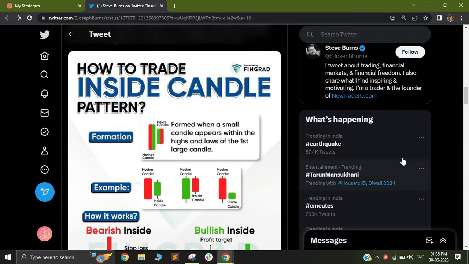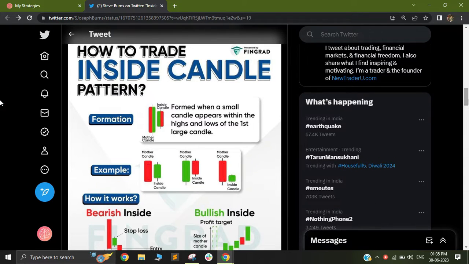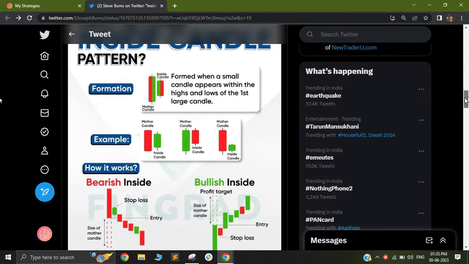Hi. So sometime last week, I saw a post by Steve Burns on an inside candle strategy, and I thought let's convert this into a Tradetron strategy and see how we can use this to our advantage. So before we get into the strategy building aspect of it, let's learn about what exactly is an inside candle